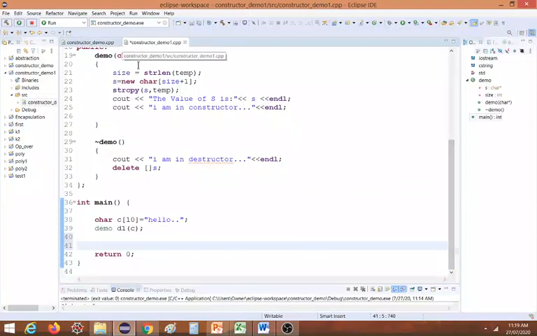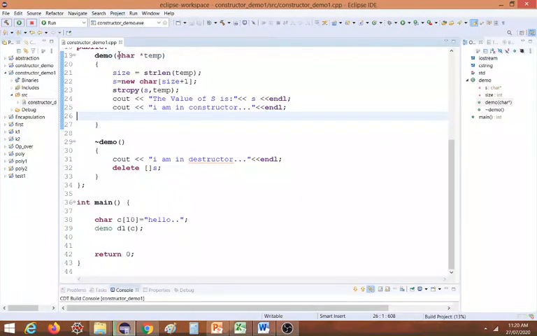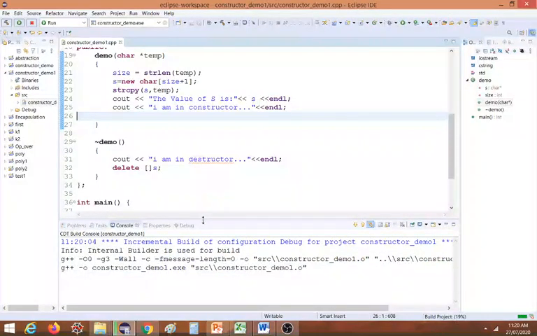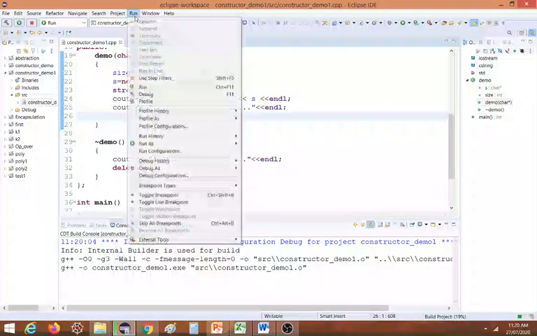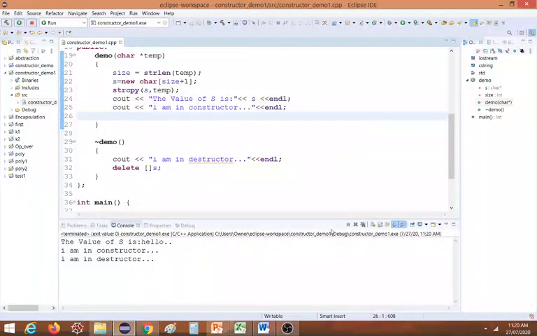Let us see how it works. See the output. The value of s is hello. So this line is executed. That means whatever string we pass to this parameterized constructor, that value is copied to s.